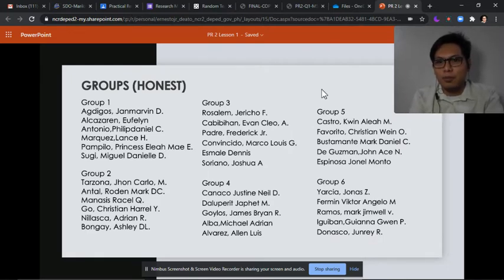For Honest, this will be your group. Ang alam ko sa Honest, wala akong naging problem. Lahat ng nandito ay puro voluntarily nagpadagdag sa groups. So, si Padre, I included Padre sa group 3 kasi sabi niya mag-online na lang siya. So I included him in the group. Pero please let me know, kung online kayo, anong gusto niyo? Research pa rin ba or you just want to answer the modules? So, please inform niyo ako today.